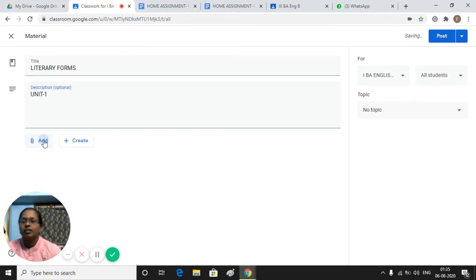Then we can add a file here. If you have already prepared the PDF, you can add it by clicking file. Or else if you want to add Google Slides or PowerPoint, you can create those slides and post. Already I have prepared it, so I added it using file.